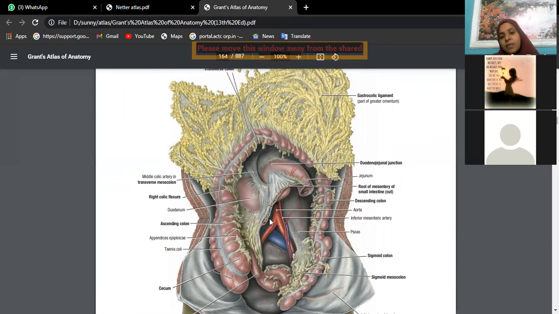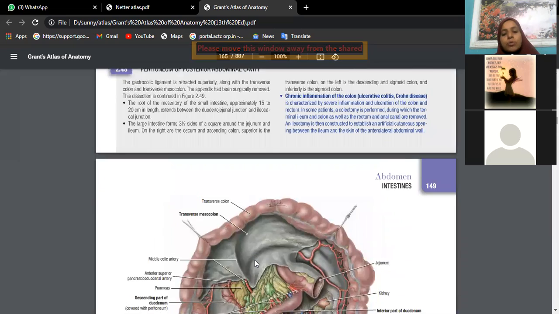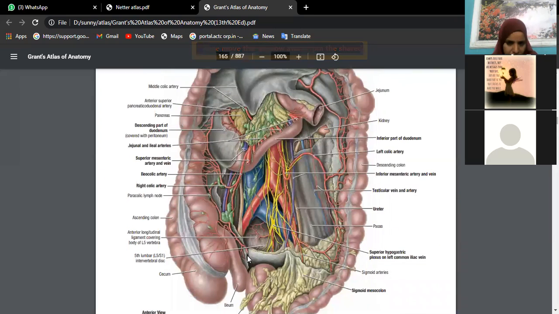So here everything is cut. See here, the stomach has been removed, small intestines have been removed, isn't it? Once you have removed the mesentery, then deeper inside you are finding the abdominal aorta, again bifurcating into two. Deeper inside you will be finding the kidney, suprarenal gland, below which you will see muscles, PQT: psoas major, quadratus lumborum, and transversus abdominis, medial to lateral.